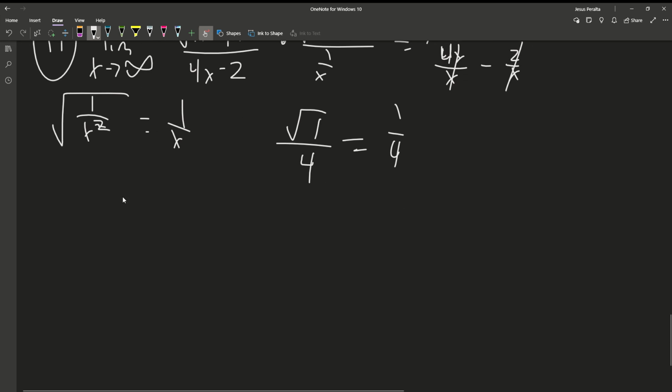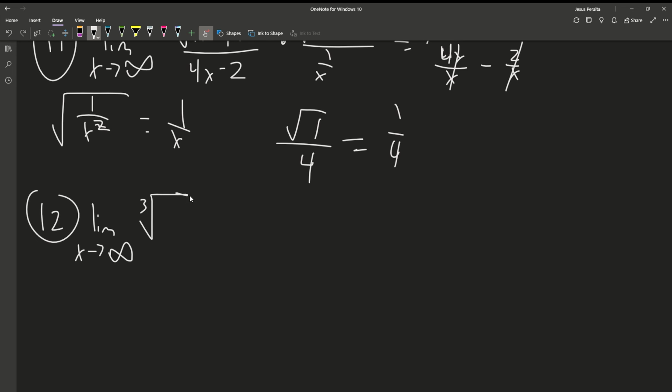We're almost done. We just need 5 more problems. Number 12. I know this one looks a bit complicated, but it's almost the same thing as the other one. So we have the cube root of 4x squared over 4x squared plus 3, and then plus 1. So from here, we just see that we have the 4x squared and the 4x squared is the same. So we just get the cube root